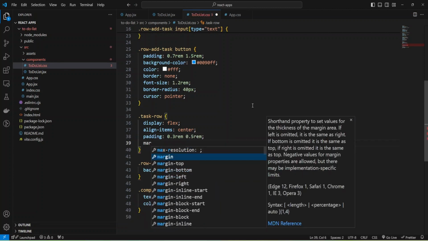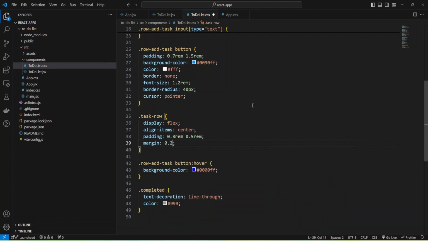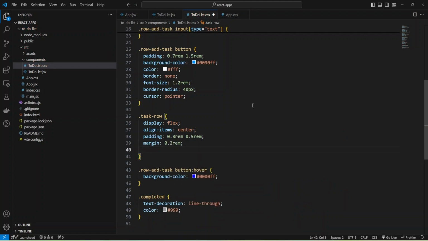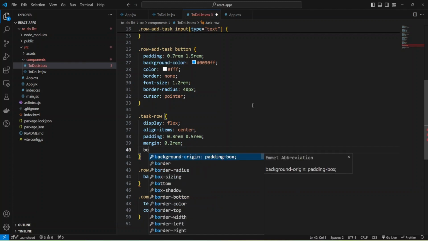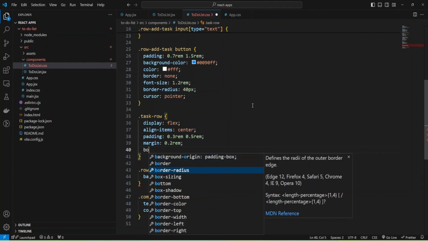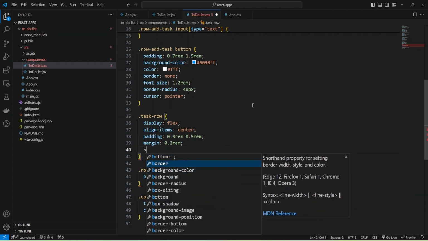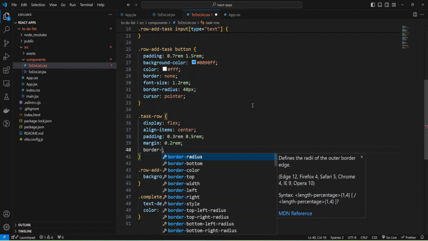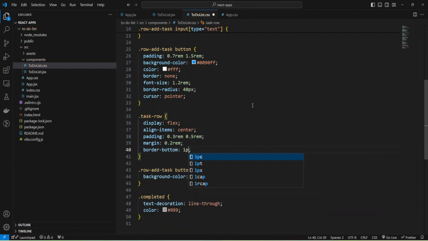And also margin will be 0.2 for all sides. And I'm going to add border bottom 1 pixel solid gray, and use this hex color.